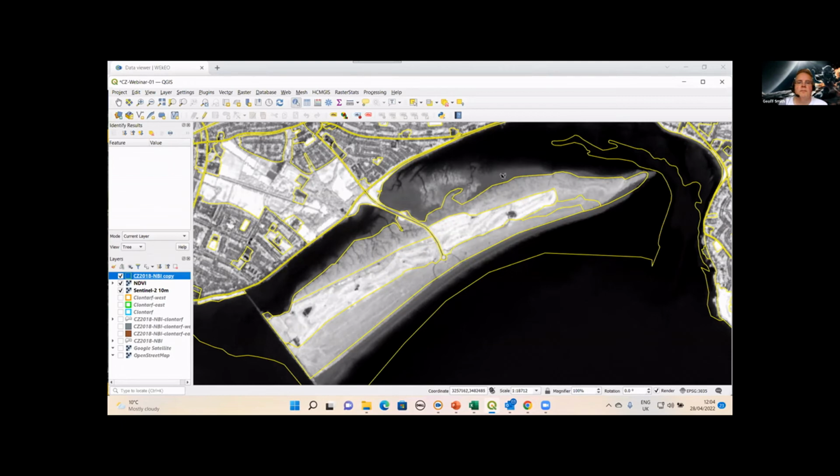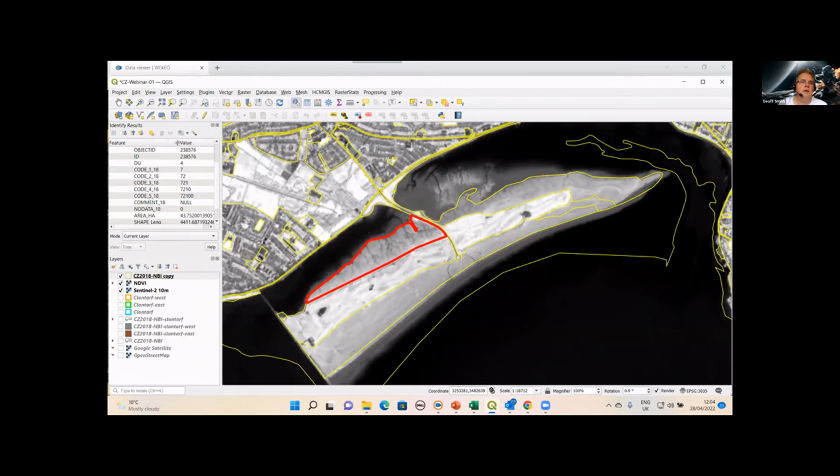inquiry cursor here. So if we look at this, I'm looking at the yellow outlines here. If we just highlight one of those in this viewer here, we can then get the attribute information for those objects. So we have an object ID here, and let's just make this slightly bigger. We can see here we have the different levels of the nomenclature, which Anna talked about, so levels 1 to 5. And this is salt marshes here, so this is 721 or 72100 at level 5.